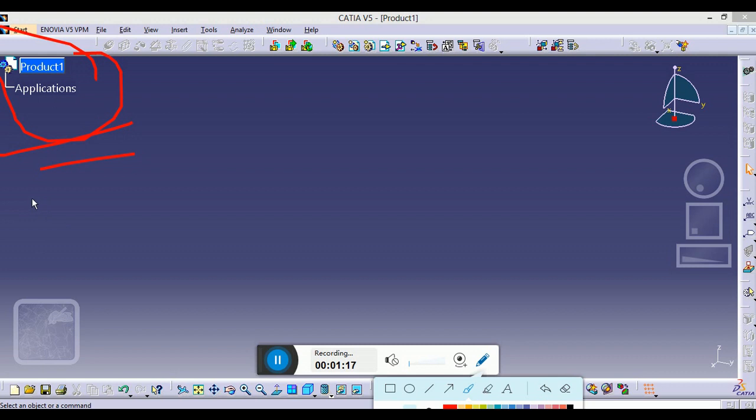Okay, so what is this? This is your history panel. Whatever you will be drawing, whatever you are doing in this environment, it will be highlighted over here. This is the most important part from where you can jump into your processes. Okay, so this is all about this. Now